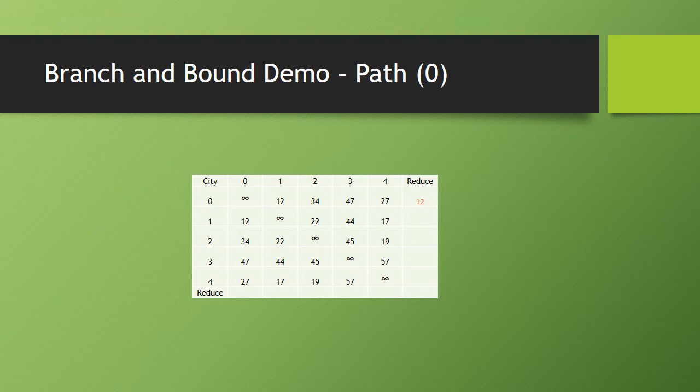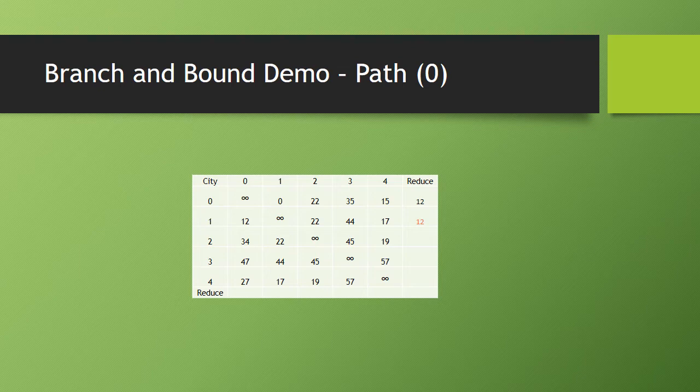So in our first row, we see that there are no values of 0. So we pick our minimum value, which is 12. And now we're going to subtract 12 from every single value in the first row. So 12 minus 12 is 0. And then we take 12 from 34, and that gives us 22. 12 from 47, 35. And 12 from 27 gives us 15. So then we move on to